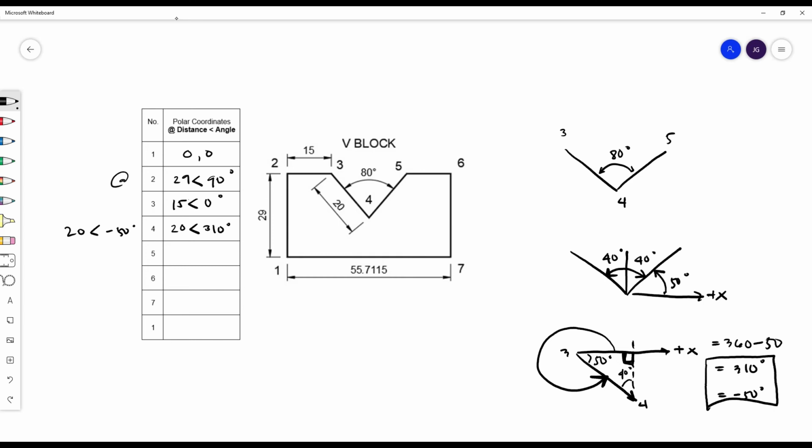It means that our fifth point has a distance of 20 and an angle of positive 50 degrees. And again, our point 6 has a distance equivalent to 2 to 3, that is 15, and